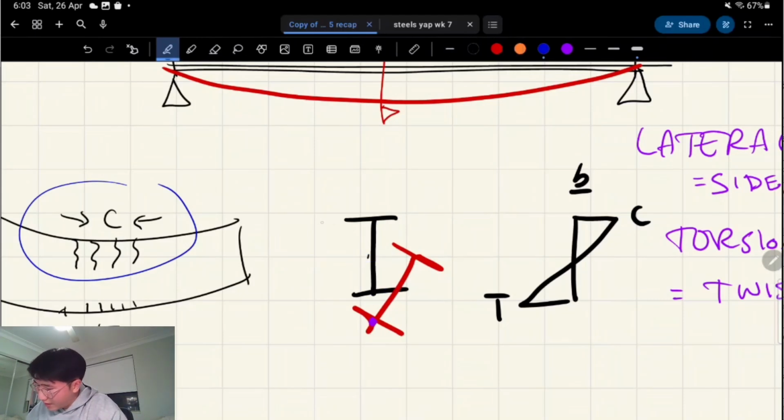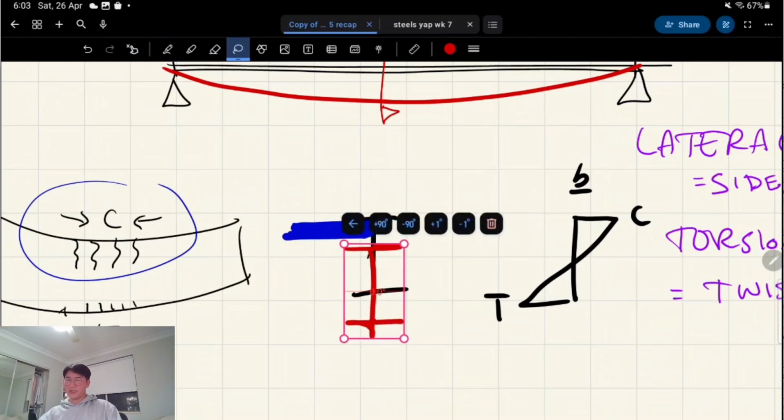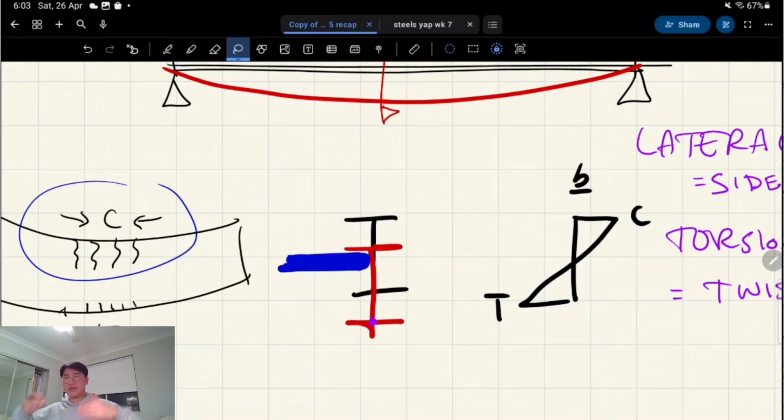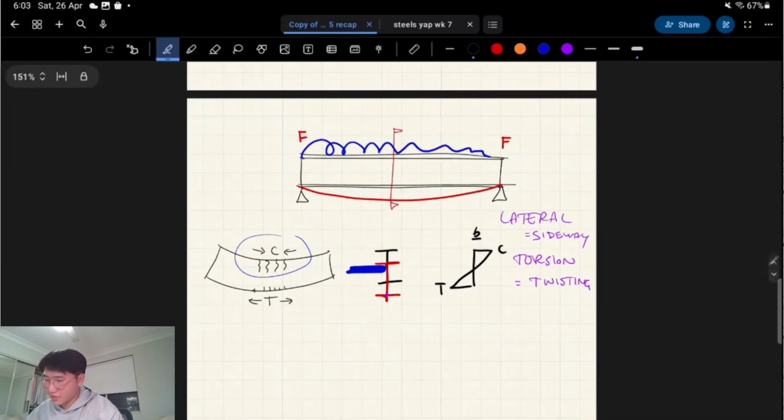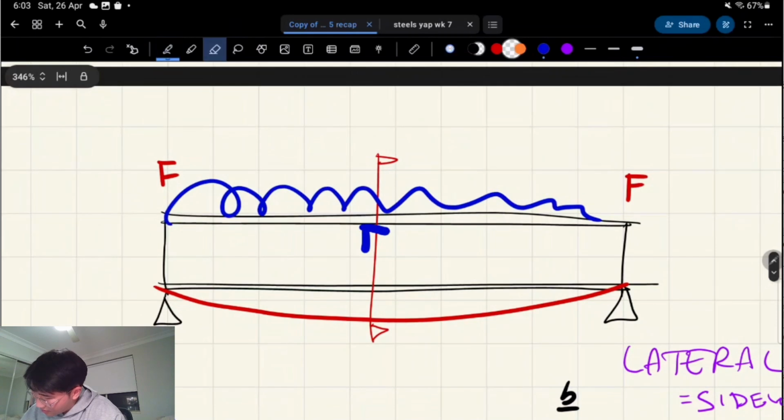So if we had the equal angle, like you saw before in that detail, restraining the top flange, it's not going to want to move left and right. So instead of doing this, it'd be like that, and then as it goes down, it can't really go to the side. So that is called a lateral restraint. That's as if there was an equal angle here. We would now consider it L,